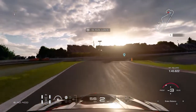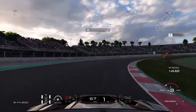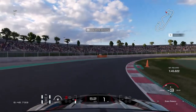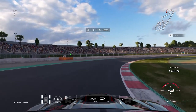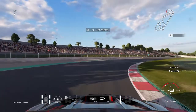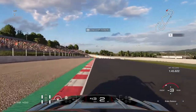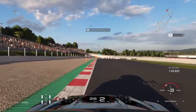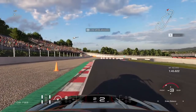I'll cut that left-hander, and then this right-hander I shift down into first, and as soon as I get to this point where you see the little sausage curve or the cone, I'm up into second again, and then half throttling it out the corner so that I can go out to the exit like at there. Okay, then from this point I'd brake roughly about here. I'd be in third gear, dropping down into second,